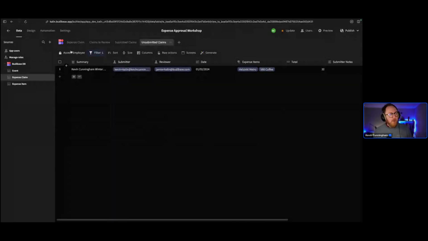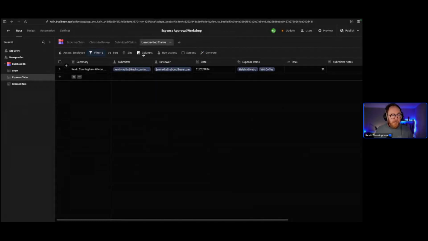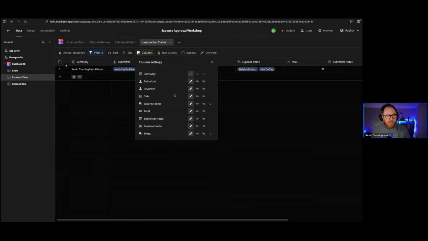But I could also have control over the columns. If I click on the columns here, I can see that for each column, I can decide if it's writable, so they can edit it, it's read-only, or it's not visible, it's hidden. So we've got this granular control